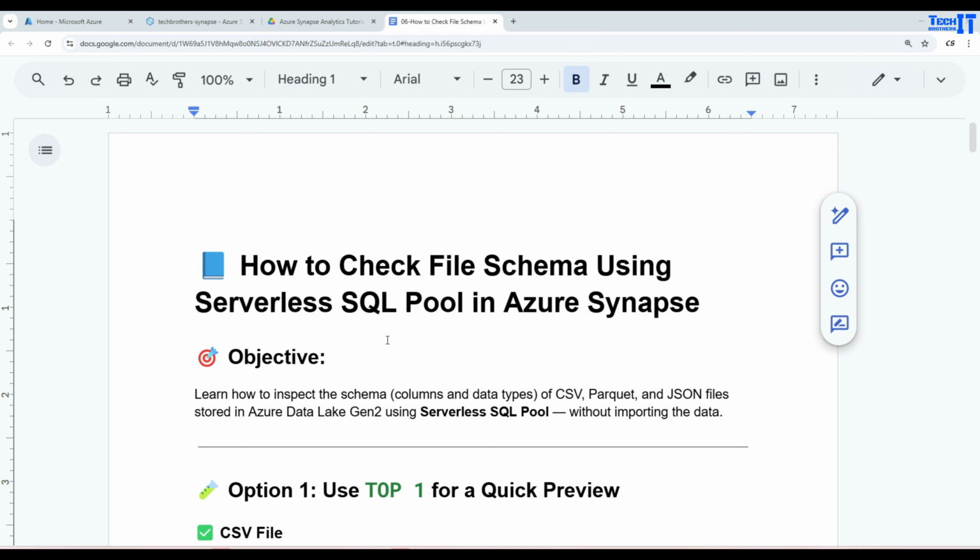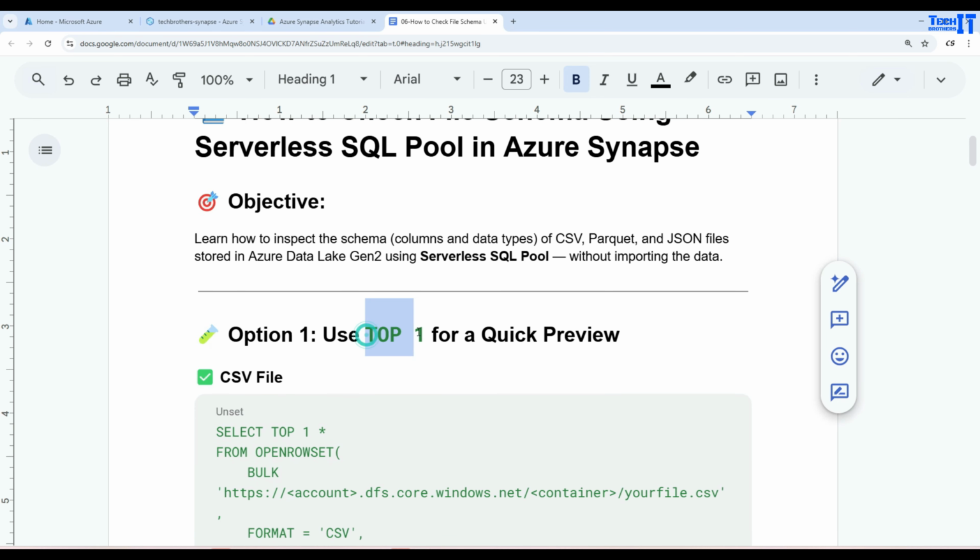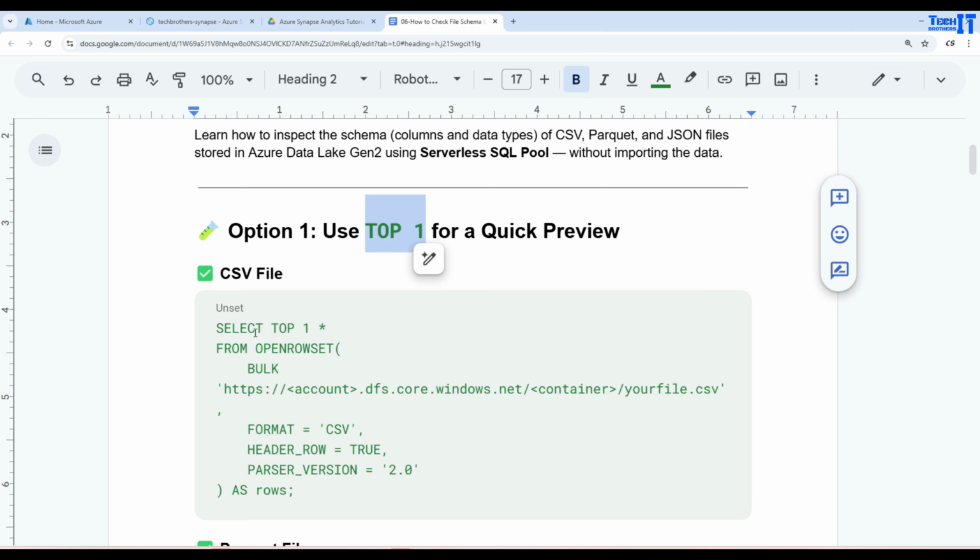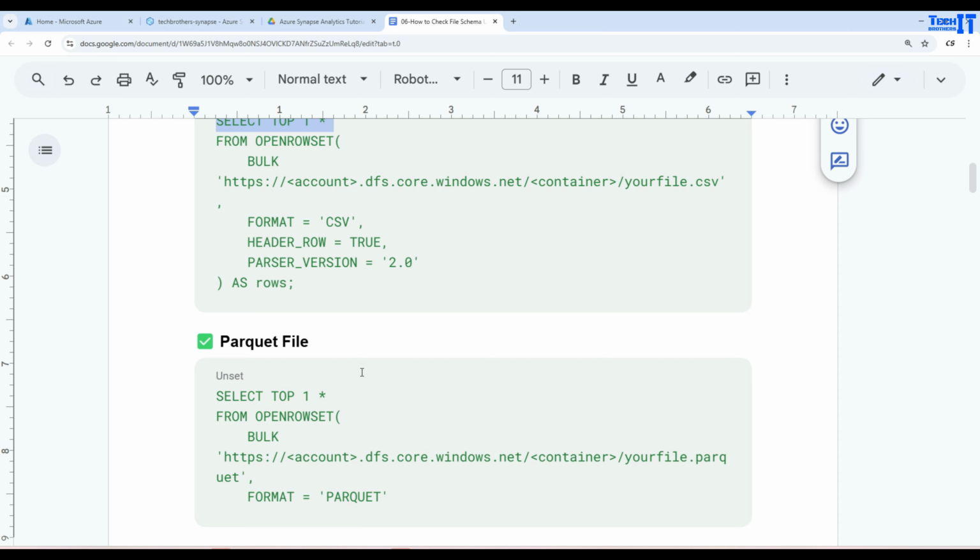In this video, we are going to take a look at how to check file schema using serverless SQL Pool in Azure Synapse. We can use top one, and that will help us to preview the headers of that file. So you see right here, we are using top one for our CSV, and we can use the same one